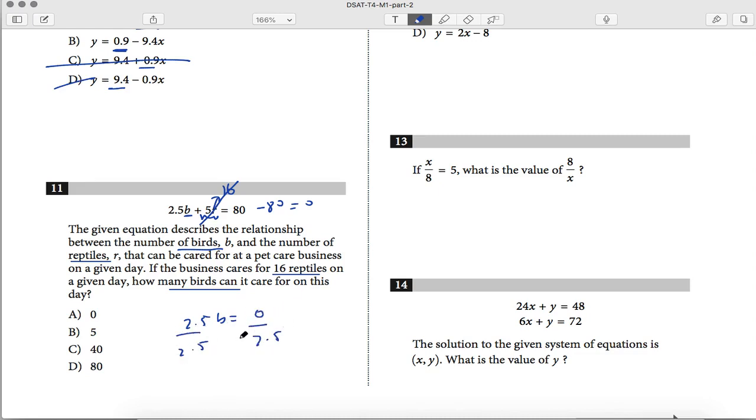Dividing both sides of the equation by 2.5, we get b equals 0. So they care basically for no birds. So the answer is A, equals 0. The next one,